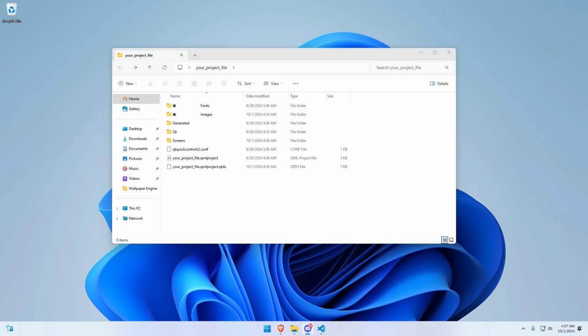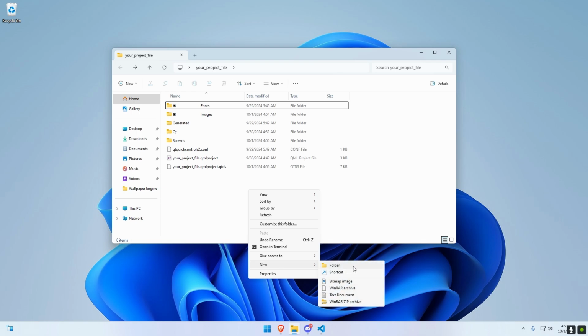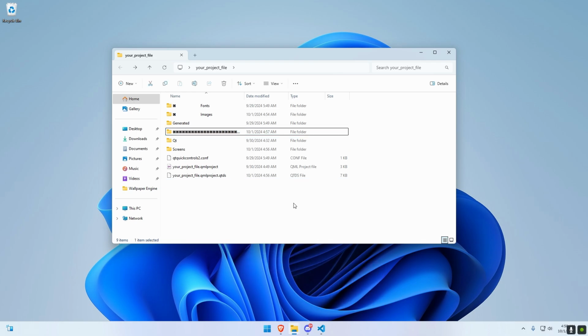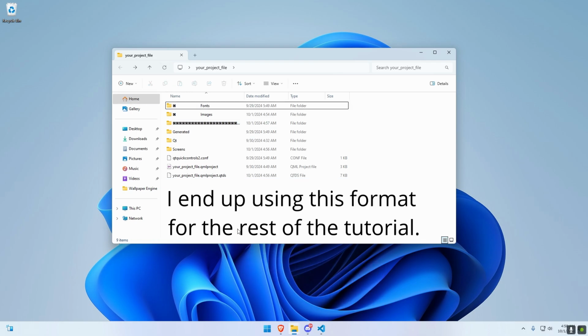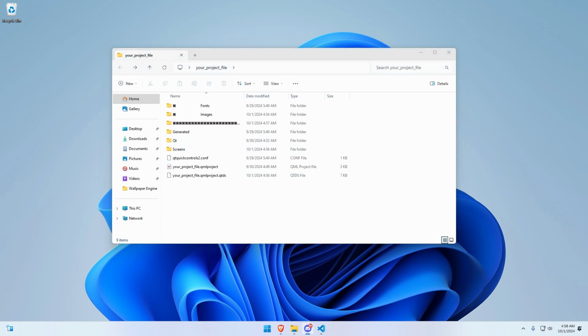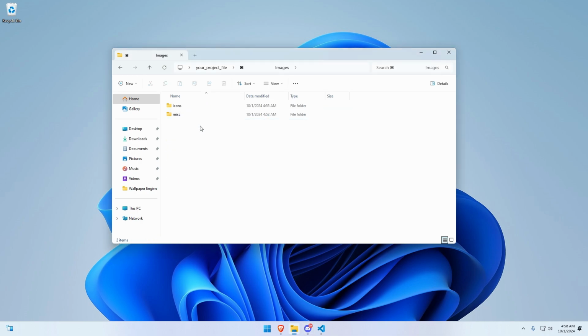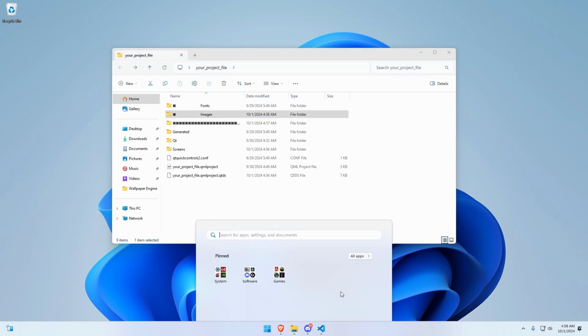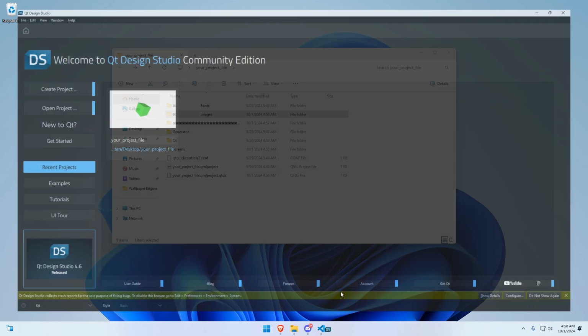And then lastly, I like to do a borderline separation folder. This folder is only for visibility. Now it kind of looks like that. There's one other thing you can do: we can rename icons. We're going to get rid of misc just for this example, but we can come into icons and rename it to something like this. Now this looks kind of weird from the folder, but if we go into QtDesign Studio,